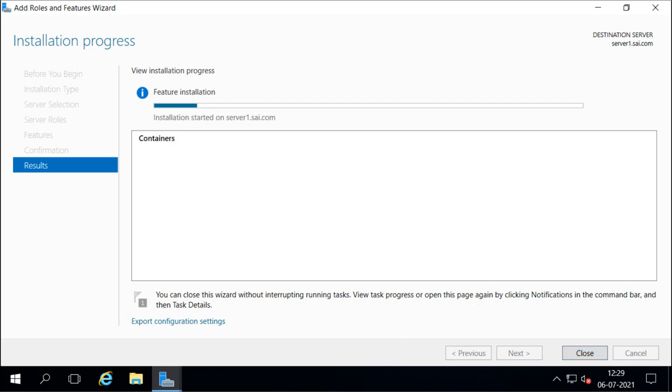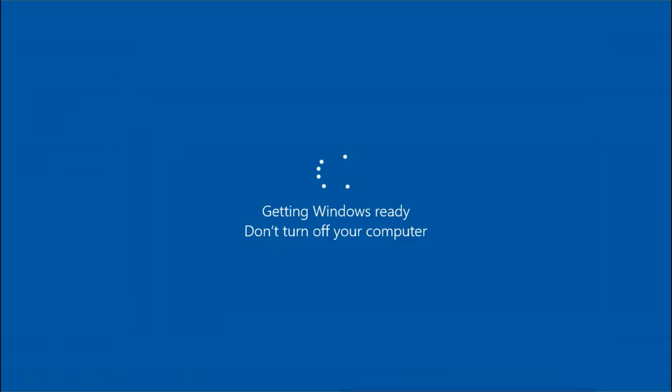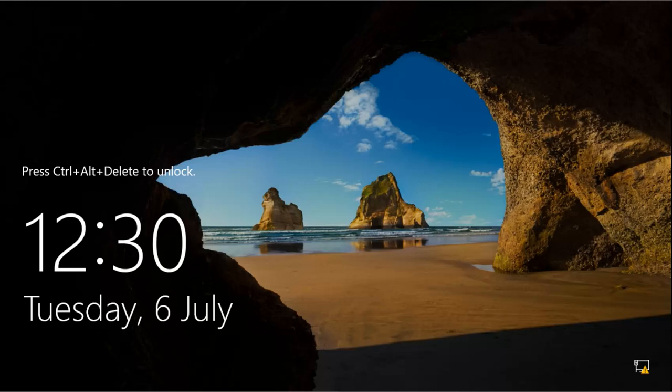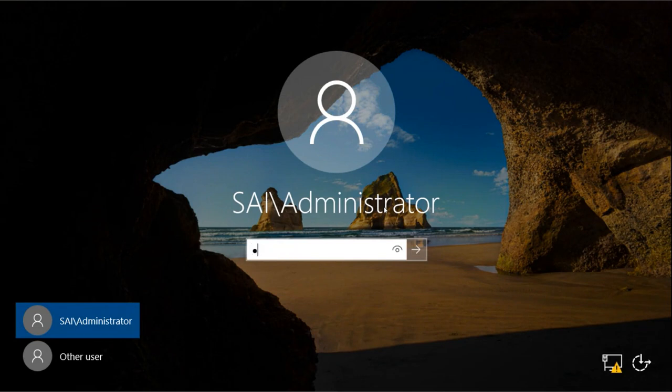After installing this, you have to restart the system. Now it is started and the container feature is installed.